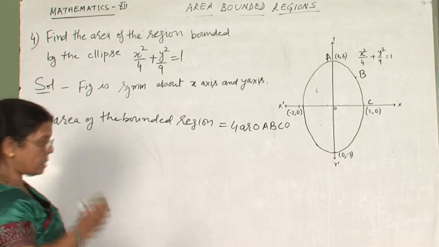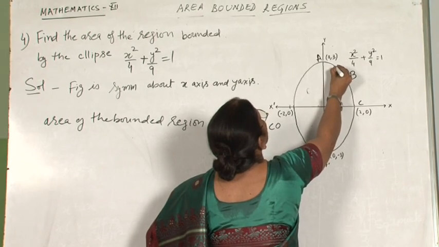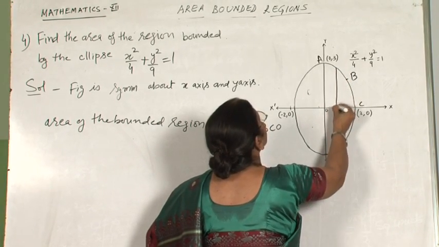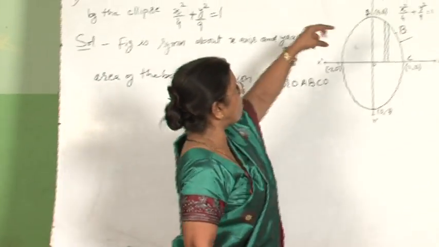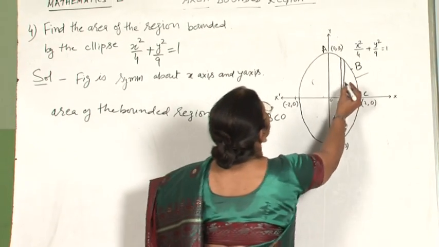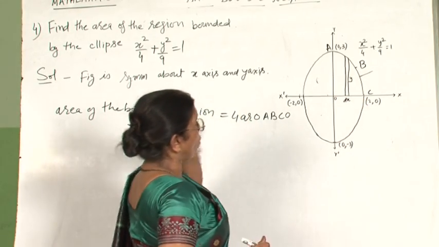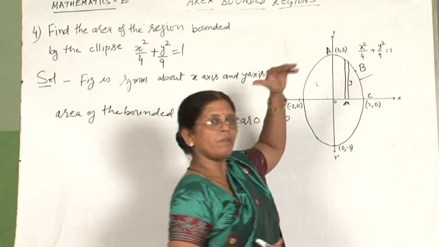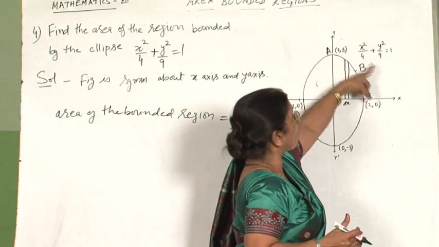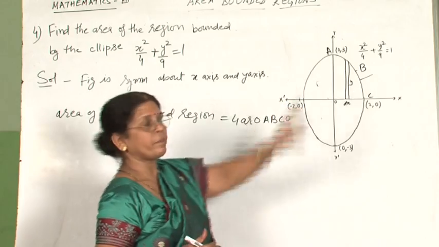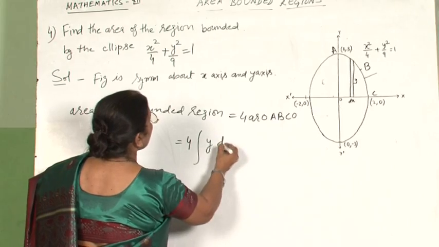Now, let us consider a strip. Again, I am taking parallel to x axis, parallel to y axis. Here, strip is drawn parallel to y axis. So, we will write here dx, this length is y. But if we draw a strip parallel to x axis, then we will write x dy, and then we have to write the value of x from the parabola in the form of y. Here I am writing this 4 times of y dx.